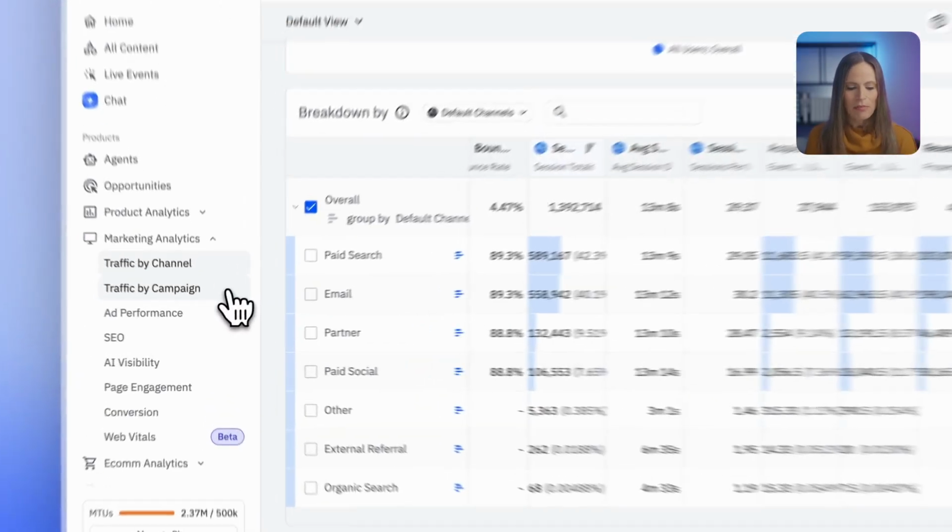So that is how you can do some traffic by channel analysis, some acquisition reporting analysis, specifically for channels within Amplitude, starting at that out-of-the-box hub report, and then going into a deeper dive report that you can make more edits and customizations to. But let's go ahead and jump back over to our hub and move to the traffic